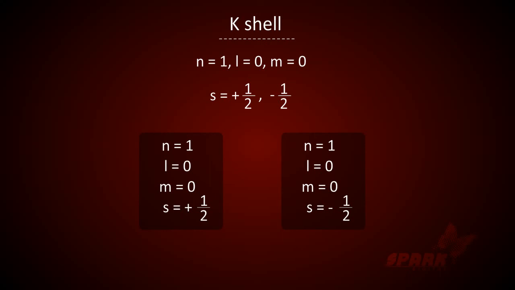This shows that in the K shell, there is only one subshell, l is equal to 0, and there are only two electrons of opposite